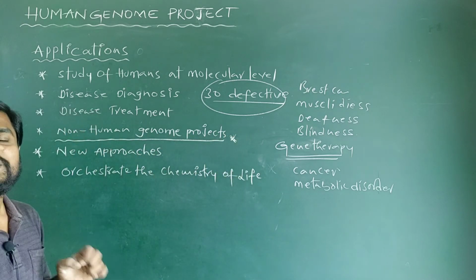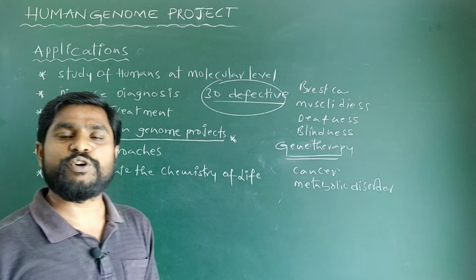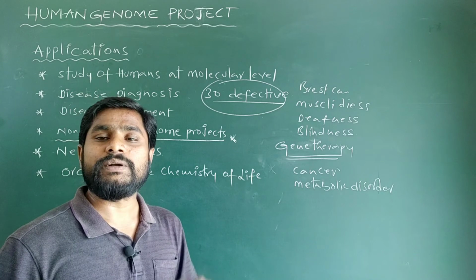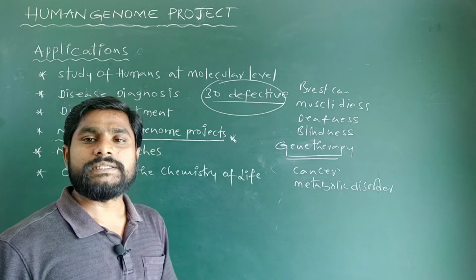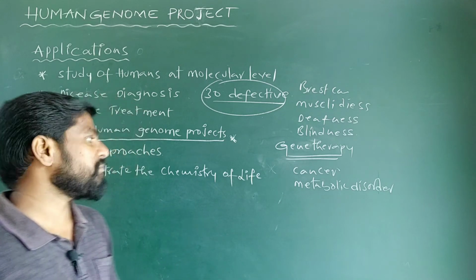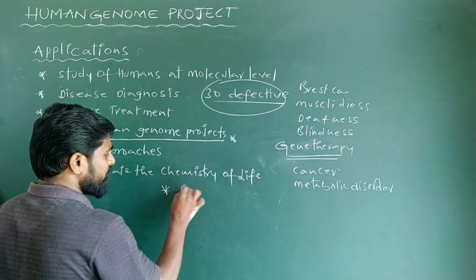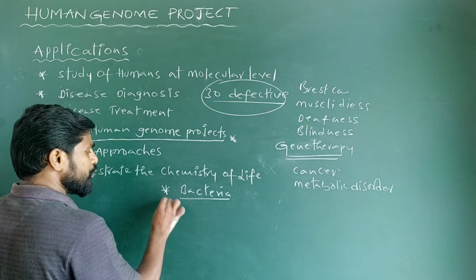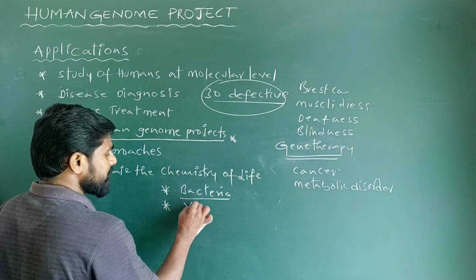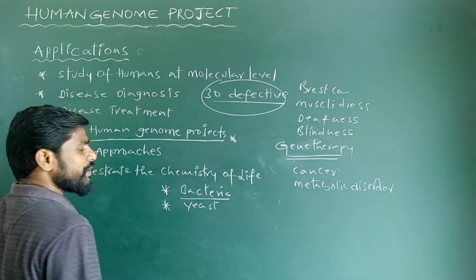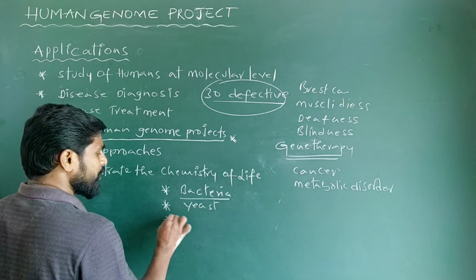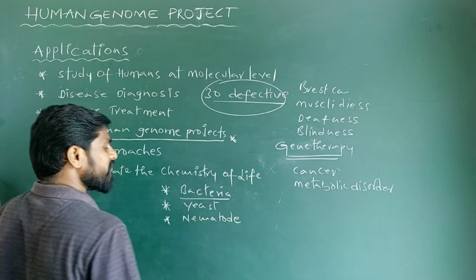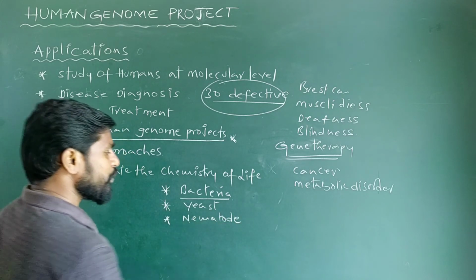And the next application is the completion of non-human genome projects. This Human Genome Project has led to the sequencing of genomes of non-human organisms ranging from prokaryotes to plants and human beings. The non-human genome projects that have been completed are the genome project of bacteria, which is a prokaryote, the genome project of yeast, which is a unicellular organism, and the genome project of a nematode. It is very important. Here we have completed the genome project of a nematode called